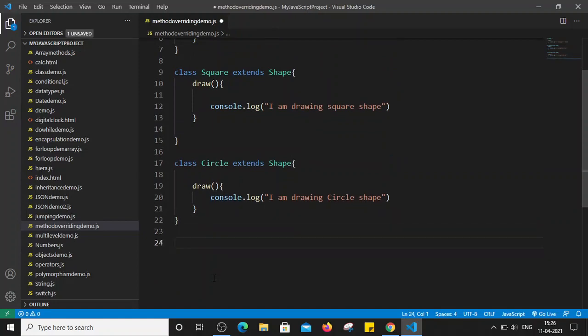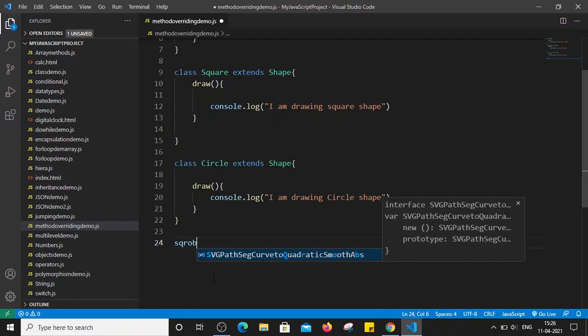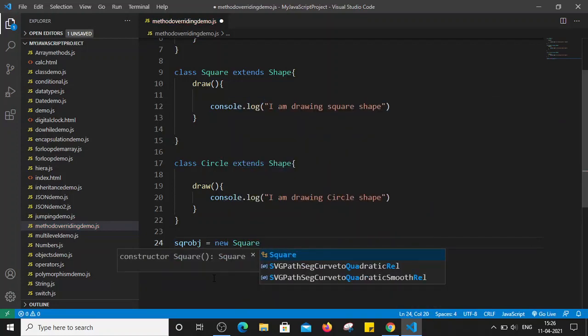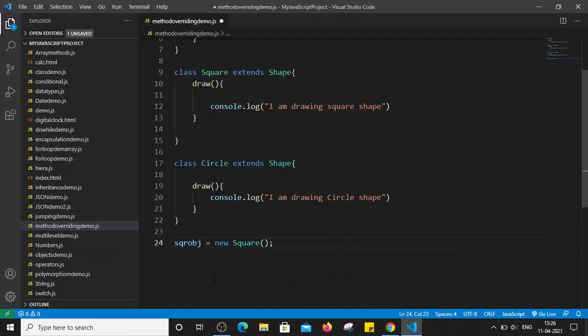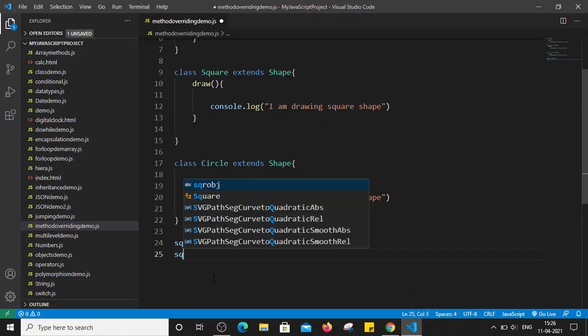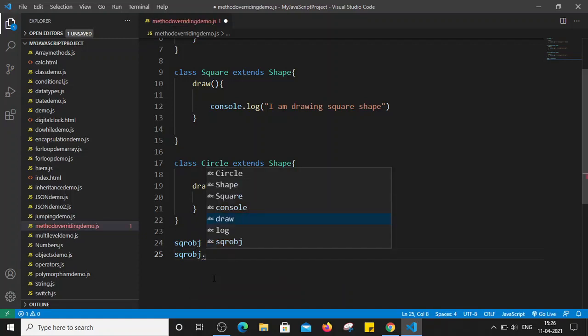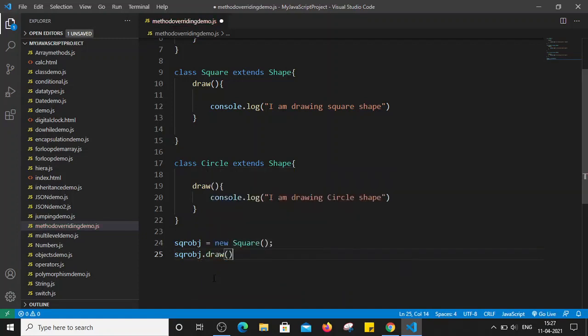Basically let's create one object of square class. So I'm going to create, let's say, sqr obj is equal to new square. So this will be the object of square class, and let's call sqr obj dot draw method.